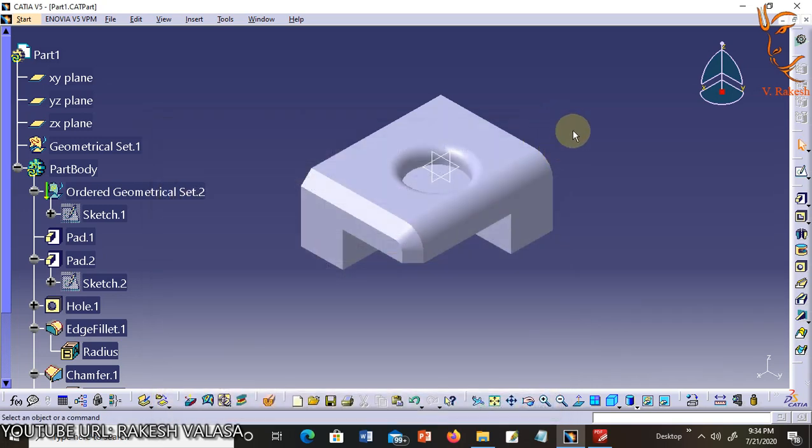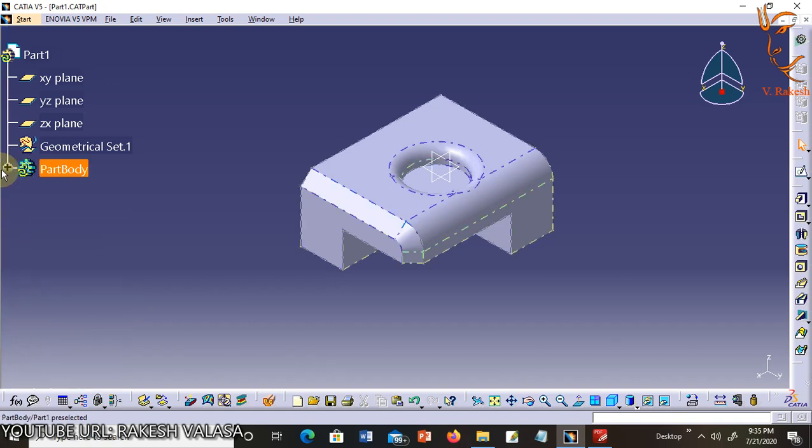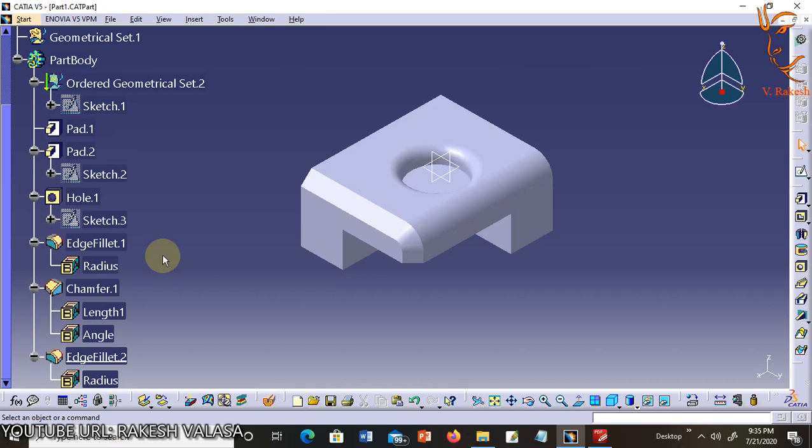The branches of the specification tree can be expanded and contracted by selecting the minus symbol and plus symbol located on each branch. You can zoom in and pan the specification tree the same way you would a part.